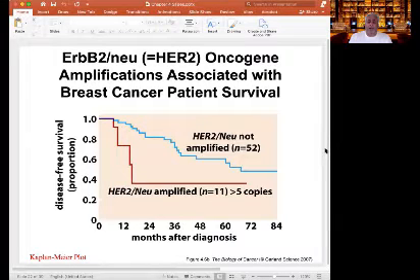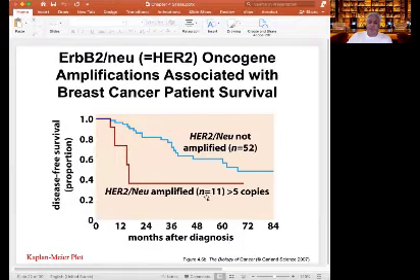So looking at the same type of outcome here with HER2, we understand that the survival depends on amplification or no amplification of this particular gene. So here we have more than 5 copies, and here we'll have just a single copy. And you can see the outcome for the patients over 72 months. Even though they approach each other at the end, the survival of the patients is drastically reduced when you have more than 5 copies of HER2. Okay, so this data was generated over 52 different